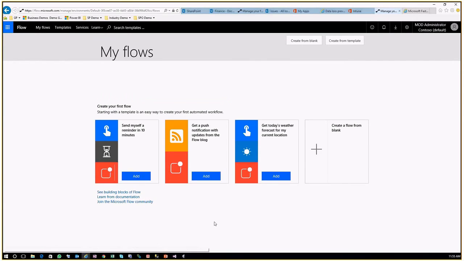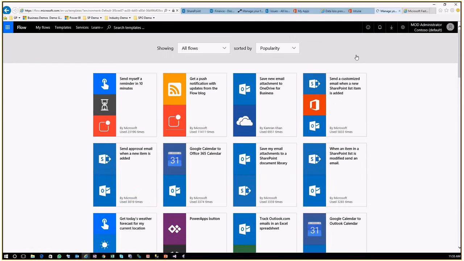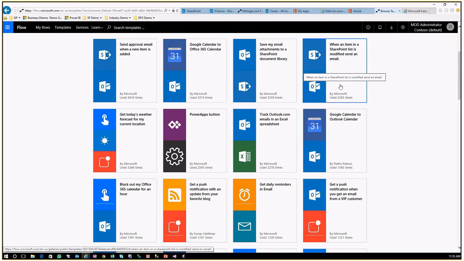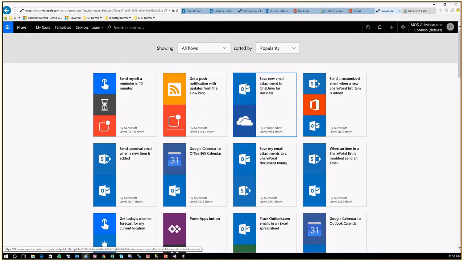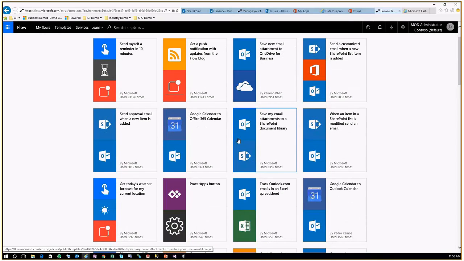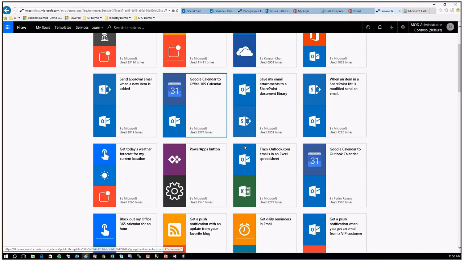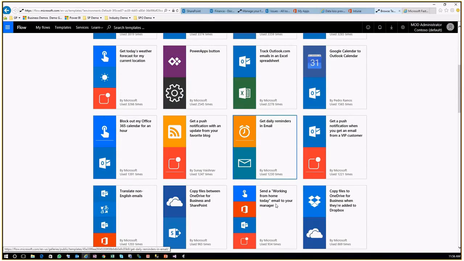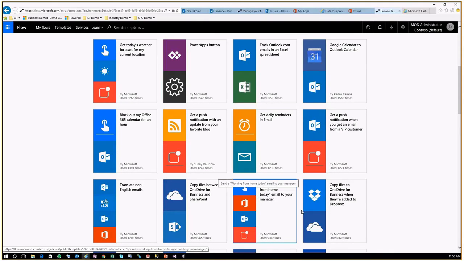So you can see how you can start creating a simple workflow from scratch here, but for the purpose of our discussion, I'm just going to go ahead and choose from a template, and there's quite a bit of templates that cover some interesting scenarios. The icons on the left of each template showcase the different services that it interacts with, and you'll notice that in some of these cases, especially here, it is also tying into products and services that are outside of Office 365 or even Microsoft in general. So there's a lot of interesting little use cases here, and if something doesn't fit your bill, you can always